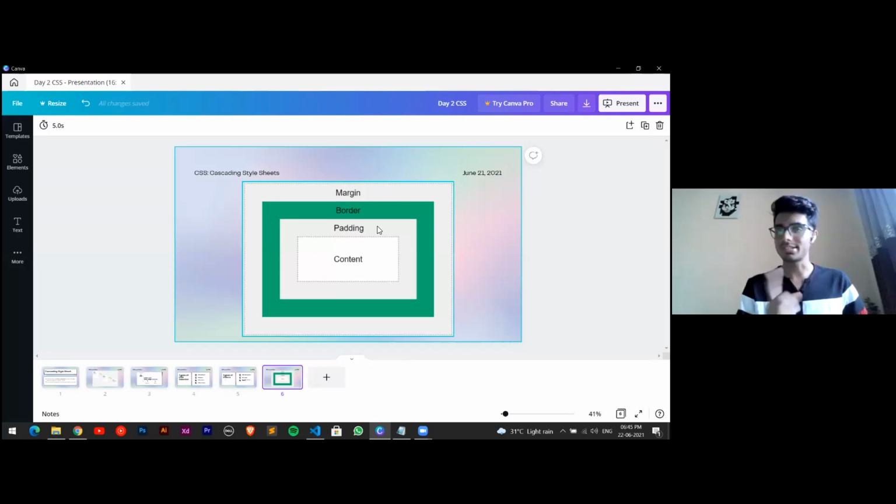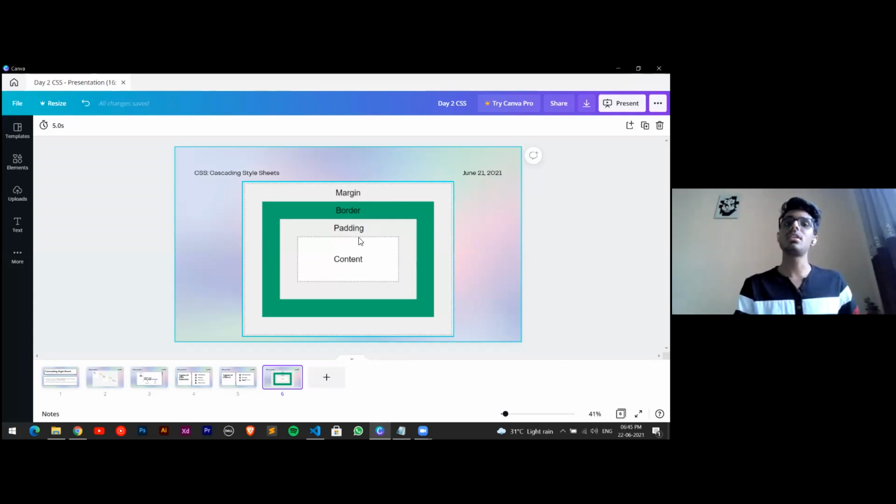Yesterday some of you were asking what is the difference between margin and padding, so here I'll clear it out. First we'll write the element, and provide it with the padding. It is not necessary to provide it, but by default there is some padding in the HTML. I'll show you in a moment. And then the border gets applied. If there's no padding, directly the border will get applied. That is, padding becomes 0, or the default padding which the HTML has. So that comes into the picture. Then the border gets applied, and then the margin gets applied.